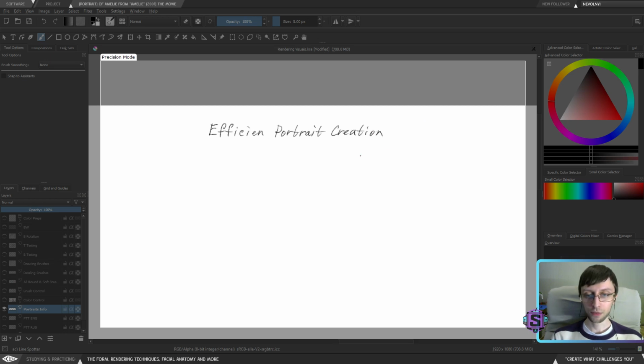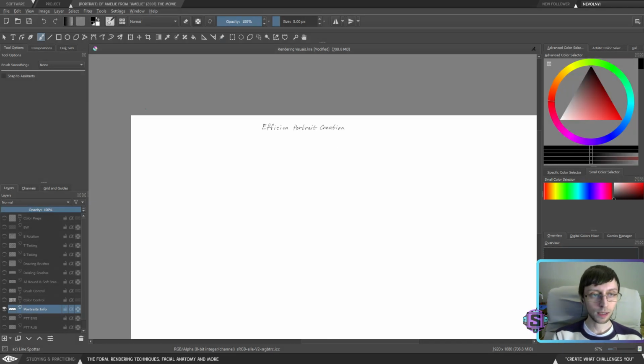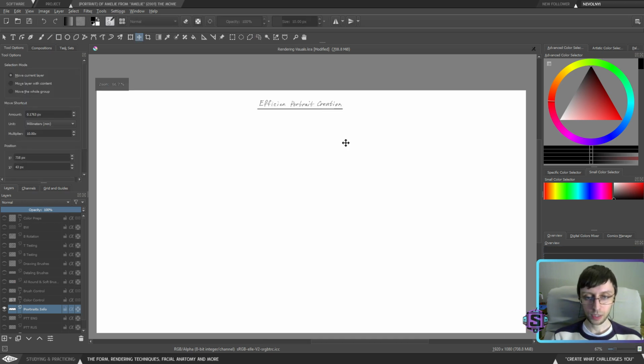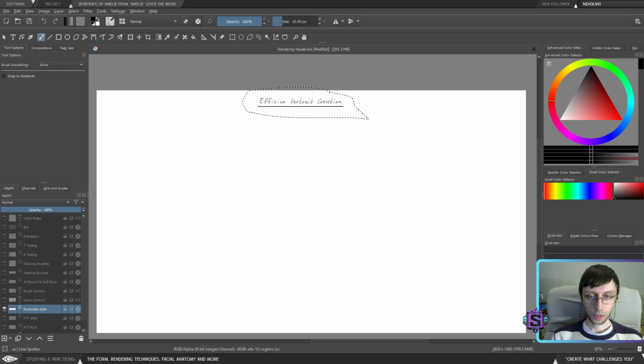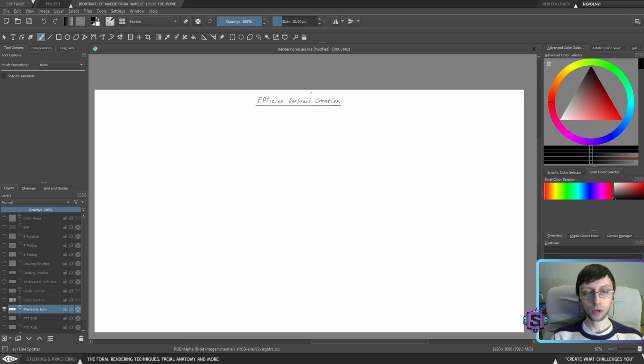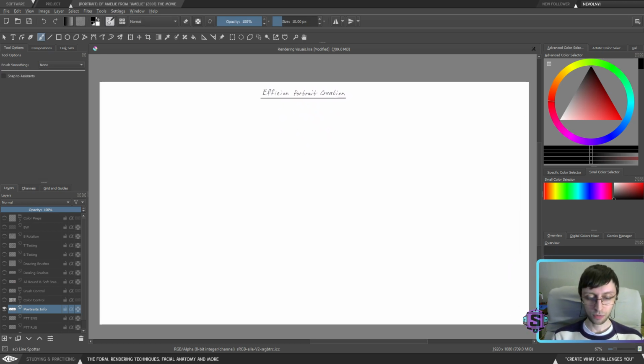Again, I'm all about efficiency in this particular instance, and what I mean by efficient portrait creation is basically we need to understand why we are creating these portraits, and what we're going to get from that. Because again, I know that most artists start with portraits to establish themselves as an artist at the beginning.